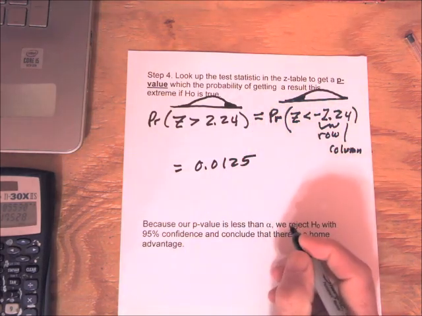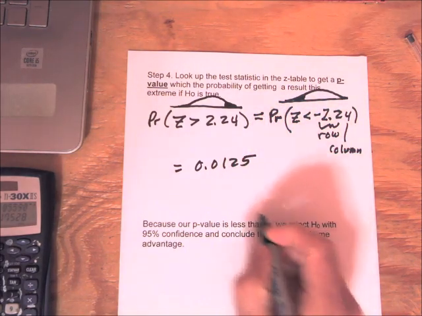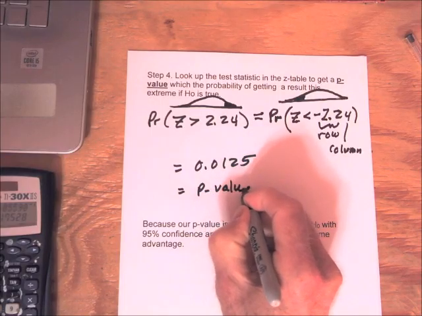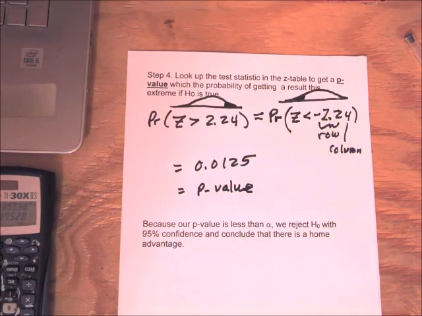Okay, so that's our p-value. This is our p-value here. And because our p-value is less than alpha, we reject h naught